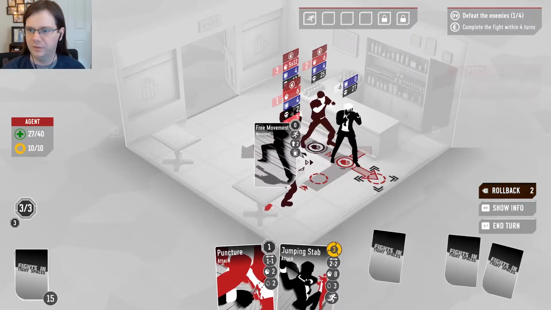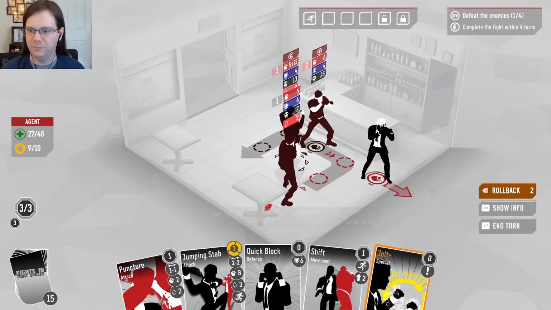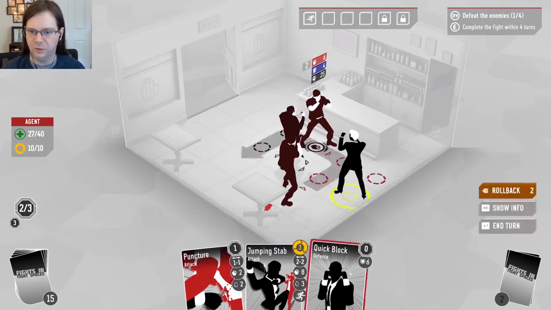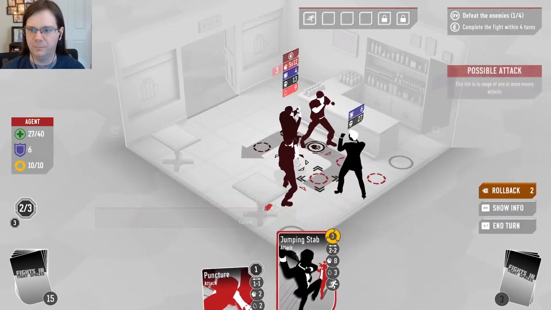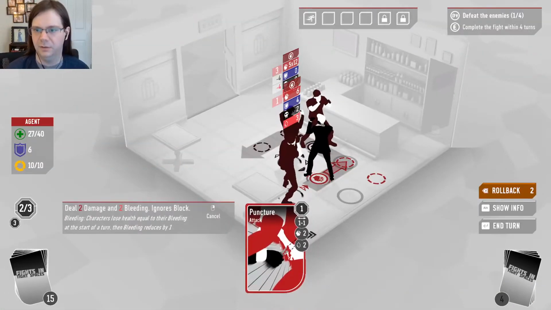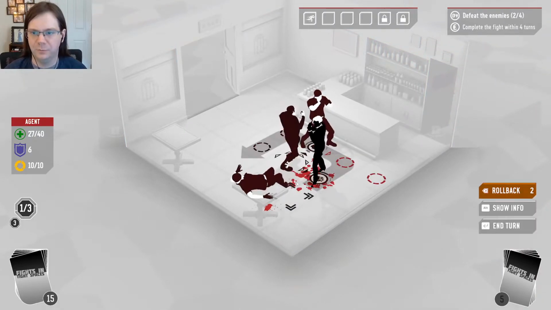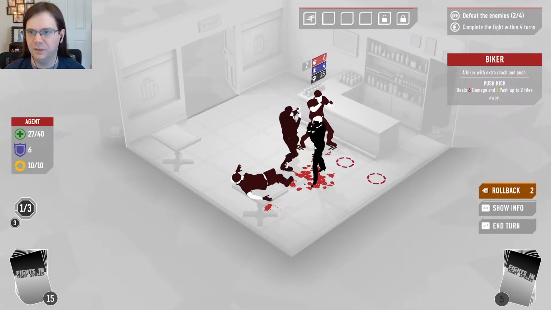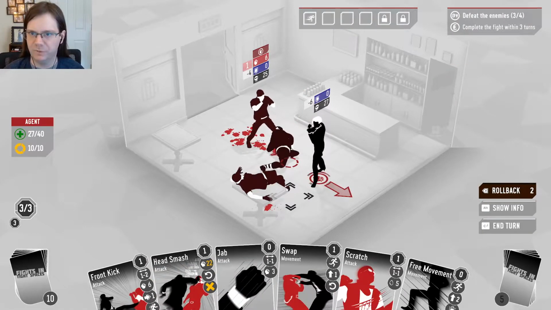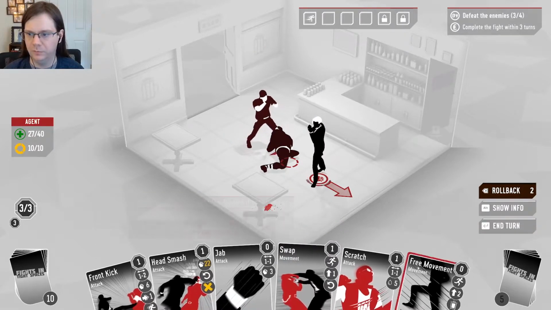Oh no, I shouldn't have done that. I want to get to here. So I'm going to do my free movement first, and then my shift, and then jolt, quick block, and then I want to do jumping stab so that I get the bleed through to this enemy, and then shoot you. So you're out, and then this enemy will bleed out, and this enemy will be left. Okay, so I've got 3 turns to finish this enemy. You are there, so if I...